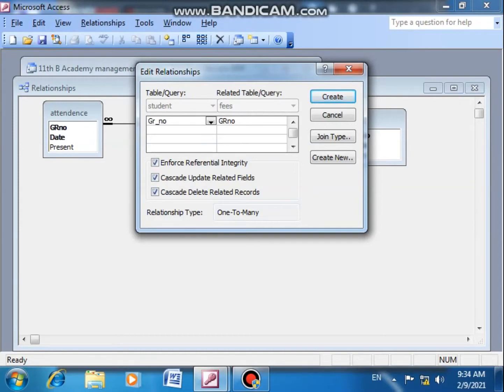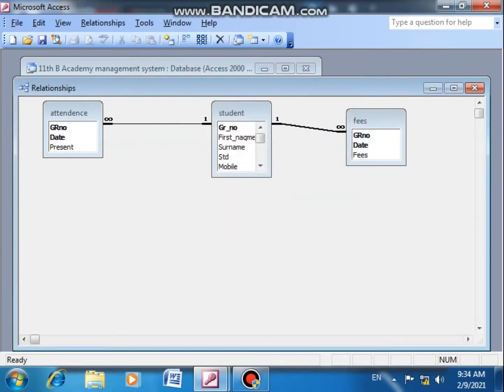I think both should not be done, because we are connecting only GR number with GR number, and whatever correction we need to do, we do internally; GR number we don't change. So actually we don't need to put these two tick marks, but just now I am putting them, fine. Then we click on create, and like this the relationship is created.